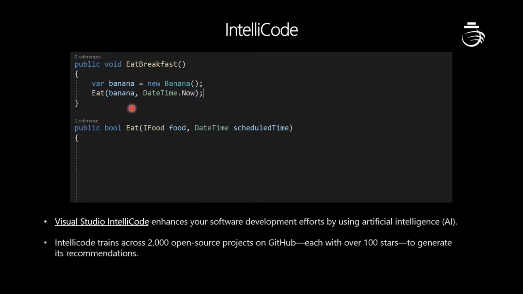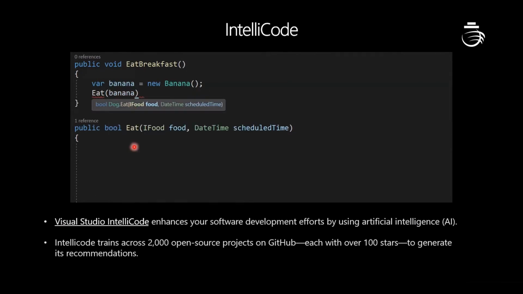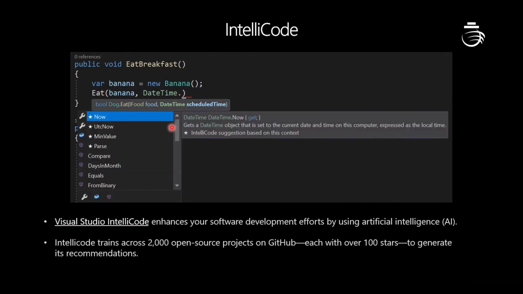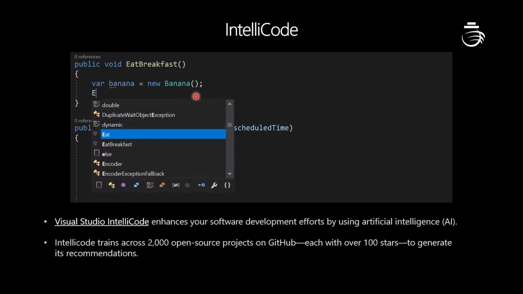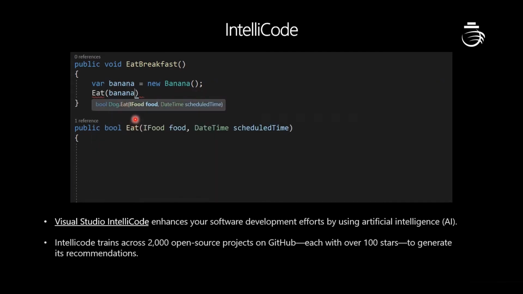If the person already has awareness of Visual Studio, they know about IntelliSense. IntelliSense is nothing but the suggestion box. It will suggest some bits of code and help you while you are coding. As you can see, it is giving me a suggestion box here. This is IntelliSense, but IntelliCode comes with the star icon at the top of the suggestion box.